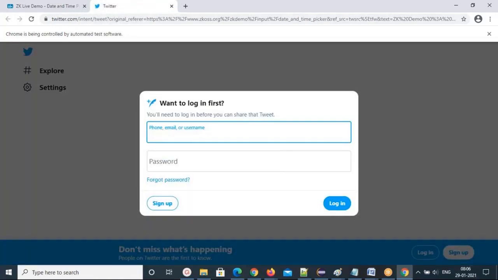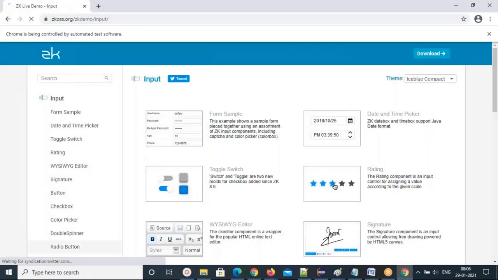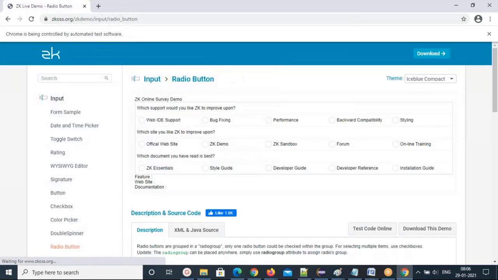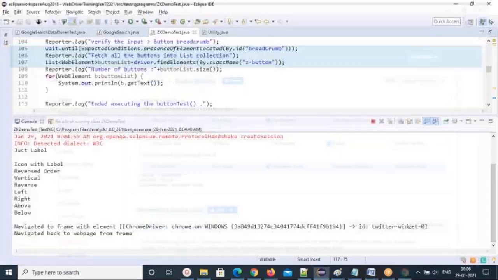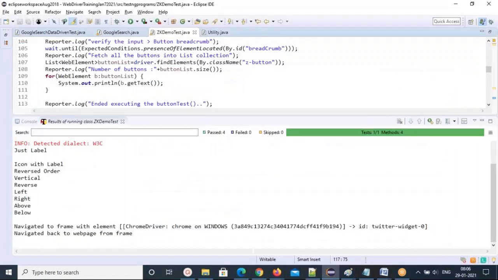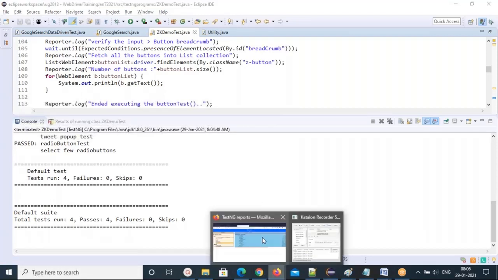So you got the second concept: if 2 test methods have the same priority, then how will it decide which one has to execute? It will look for the method name. So these are a lot of concepts you can get here.